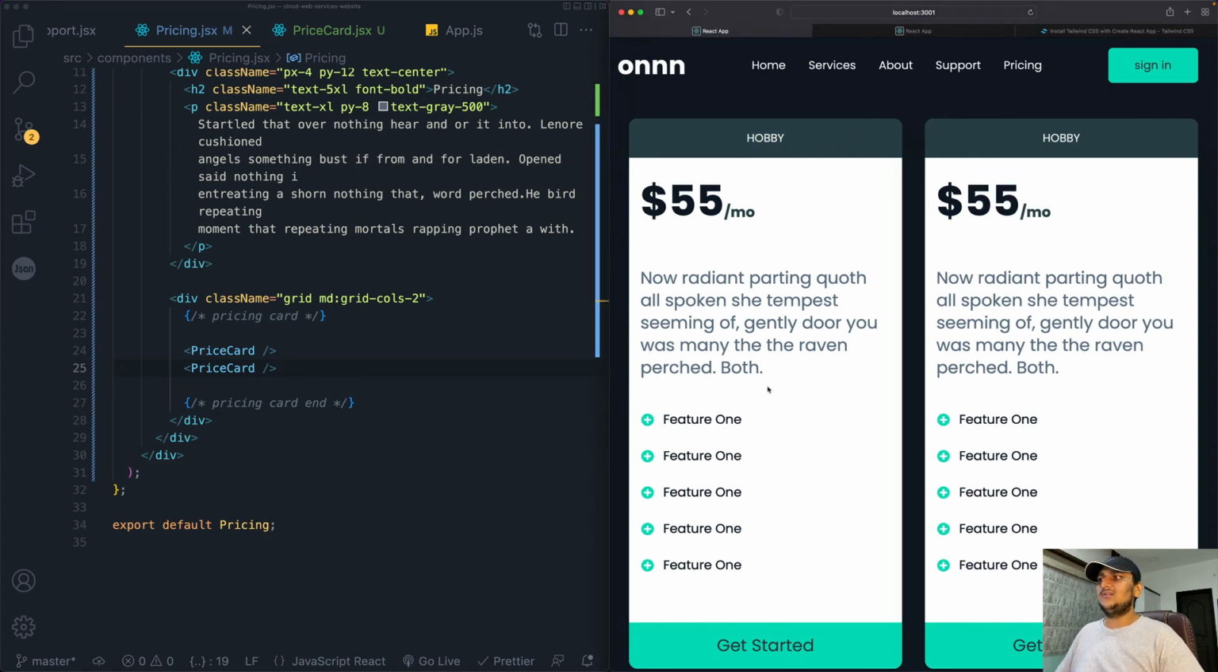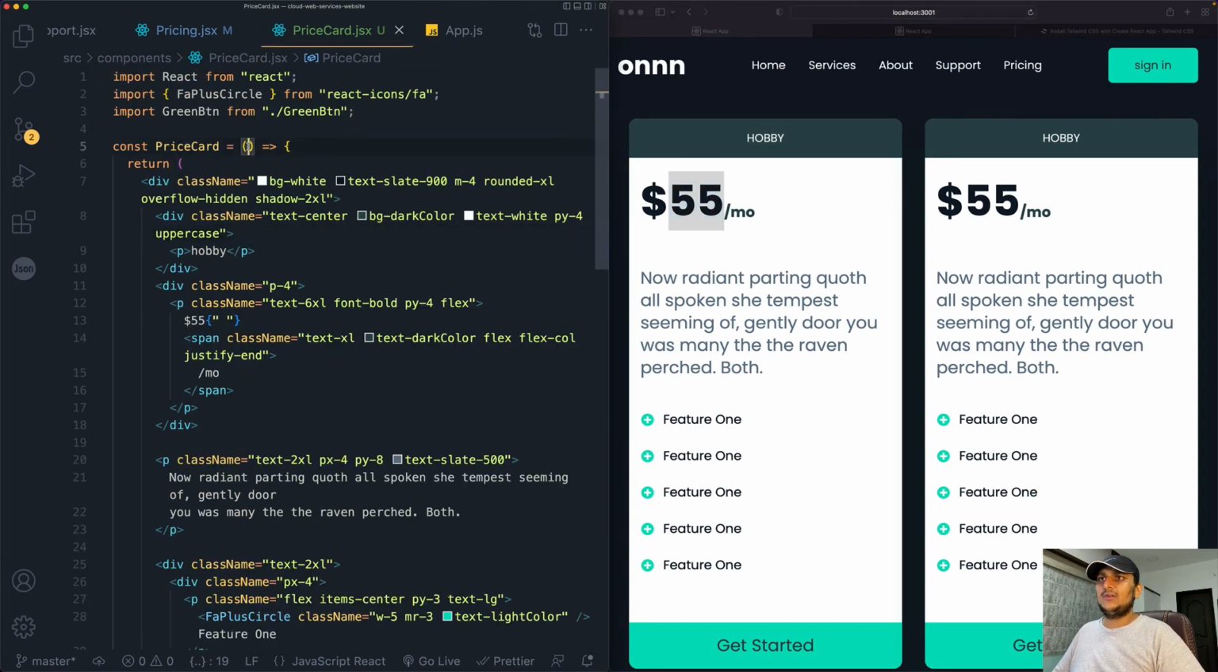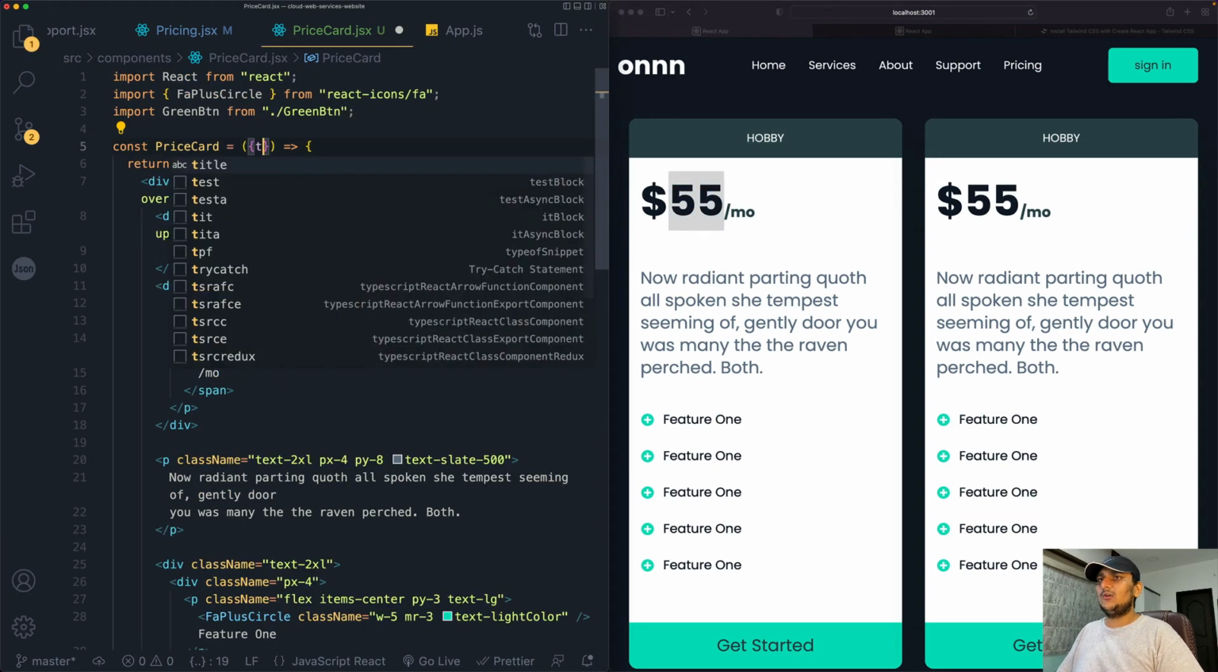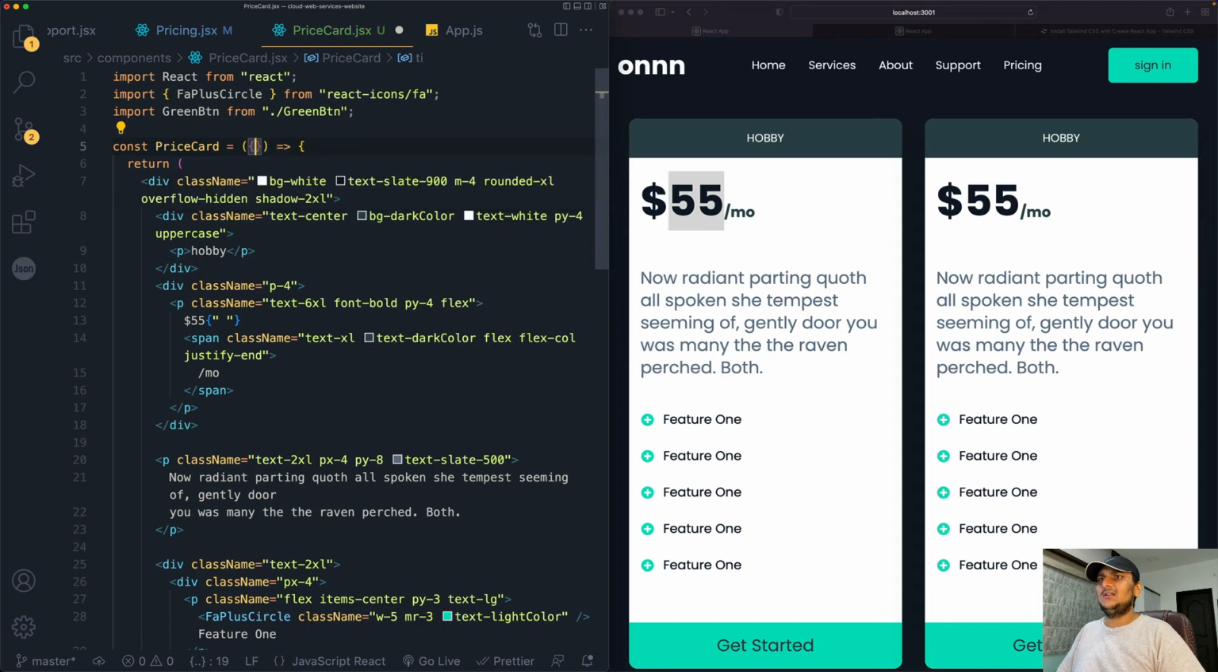Guys, when you are doing it, what you want to do is change that and pass this text and all the features as props. For features, you want to pass in an array, and you will loop over the array inside the price card. But for now, I'll do the title and the dollar amount. So here, what we want is